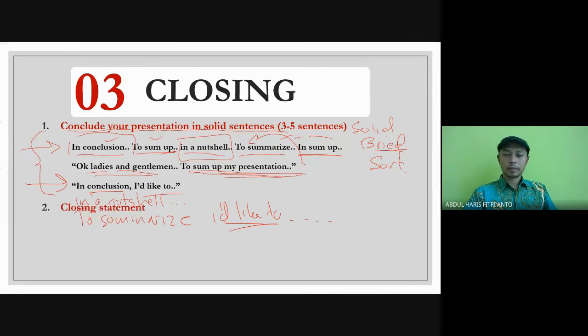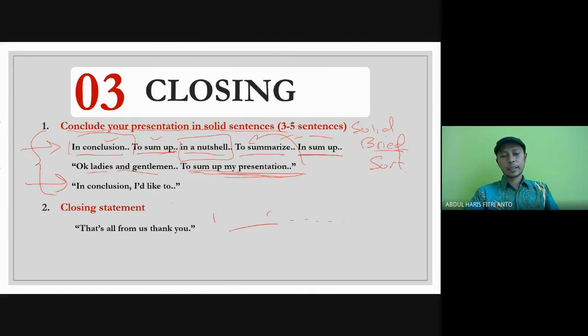After that, sorry. You continue by saying your closing statement. This is crucial. You have to correctly say this. That's all from us. Thank you. Kalau orang Indonesia itu biasanya kalau closing statement-nya kan sekian dari kami, terima kasih. Itu kan